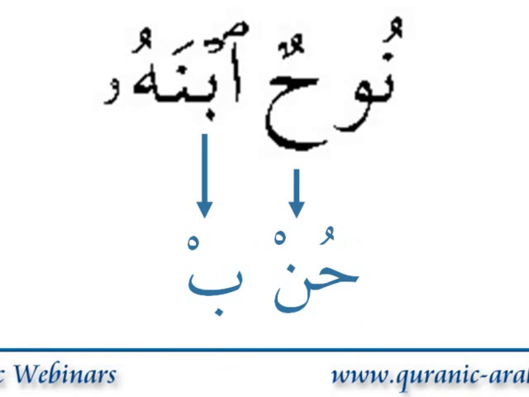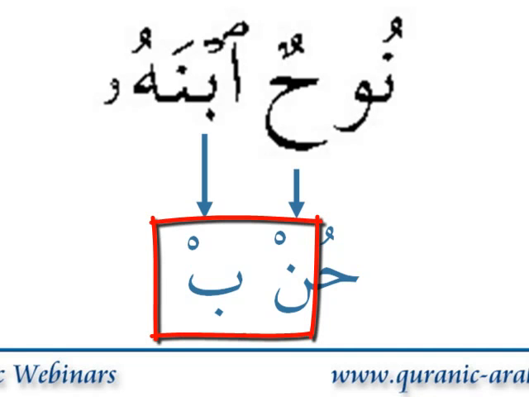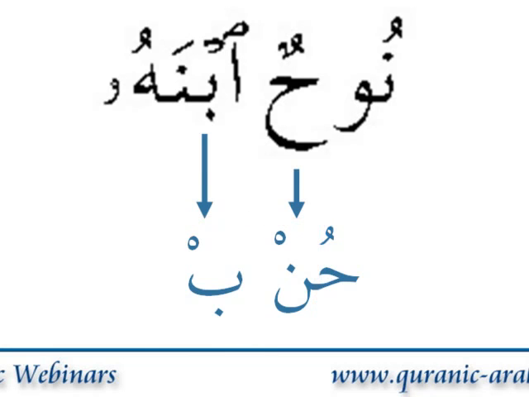So now we have a problem because there's no way to join a sound to the ba, which is sakin, because the letter before it in the previous word is also sakin. So we need to resolve this, okay? Because if we read this, we say nu, hun, and then we don't know how to start on the second word because there's no way to read that. With the hamzatul wasl,